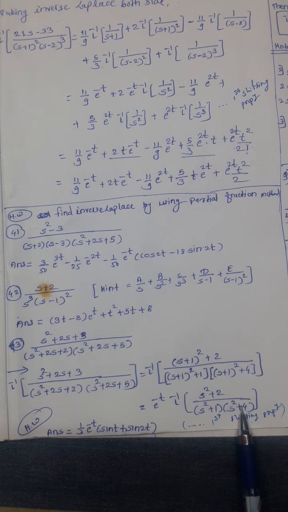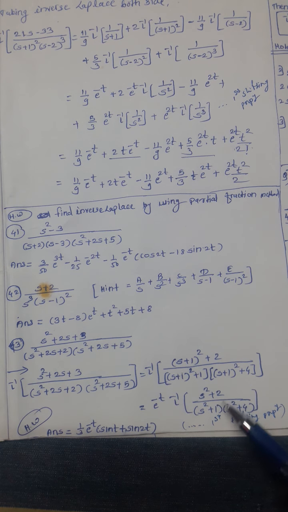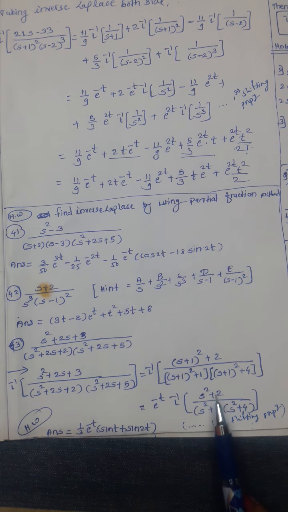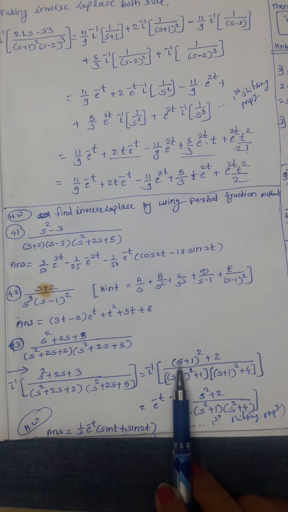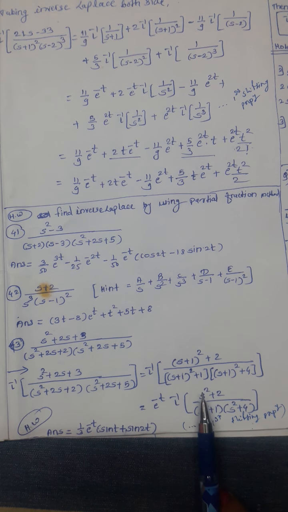Our question is that we have to find the inverse by using partial fractions. That's why, from this step, this is the one adjustment by the first shifting property. We get the simplified form of this fraction, our original example. You have to use this first shifting property wherever needed. This is the only example where all the brackets contain the same adjusted bracket, the square of the brackets. That's why we could do it here.